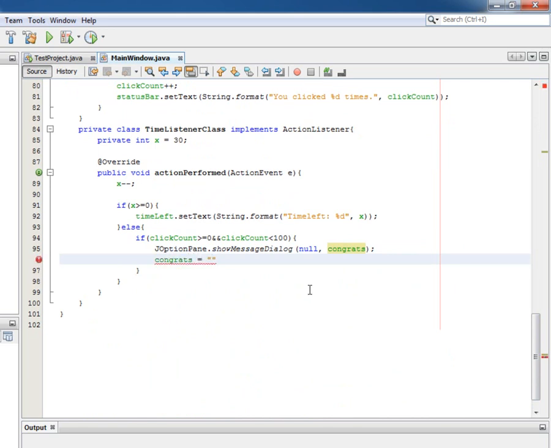So I'm gonna put in here congrats equals, I don't know, like you clicked. Actually I need a format for this, so string format. You clicked %d times, like I don't know, you are slow or something like that, because it's easy to click 100 times in 30 seconds. And I'm gonna put in here click count, and this is just gonna show you clicked 32 times, or I don't know how many times you clicked, and you are slow. What did I put in here? Okay,